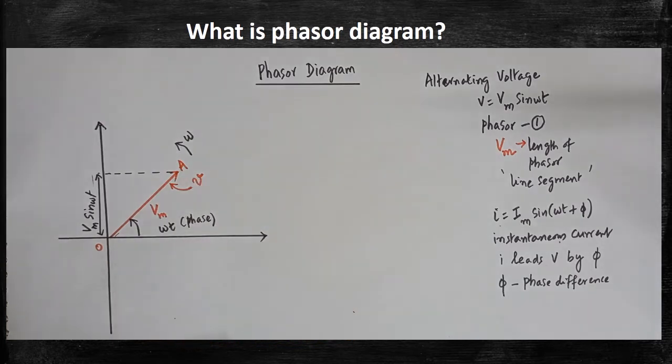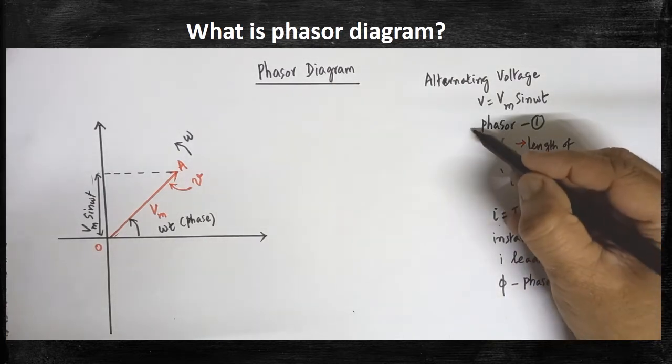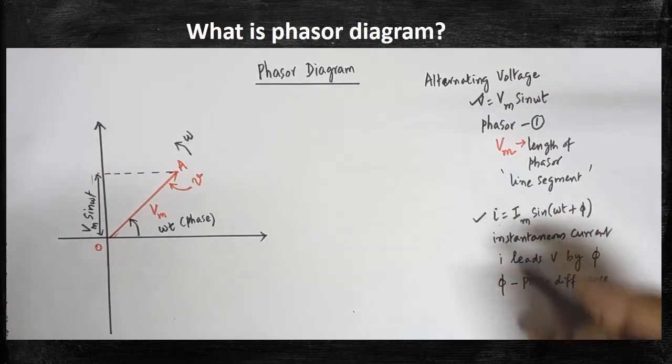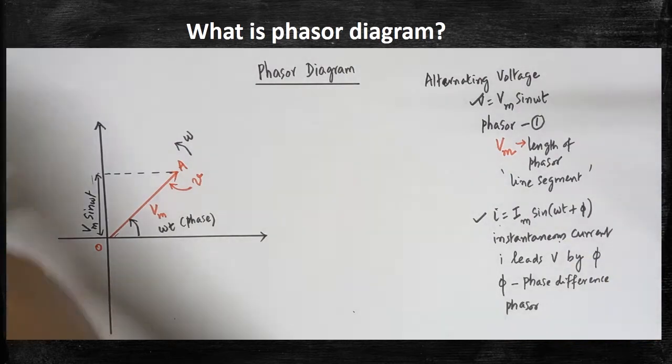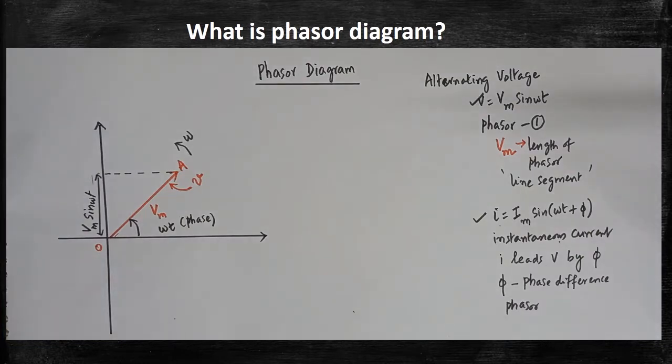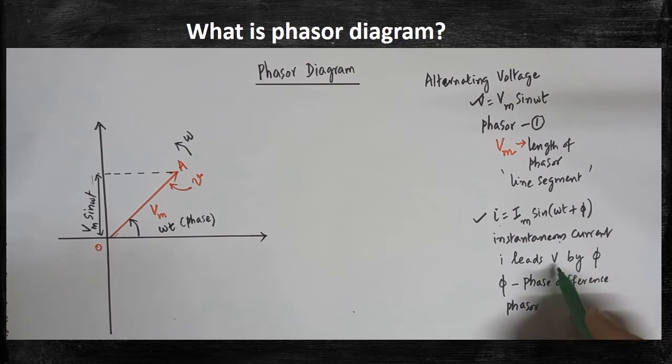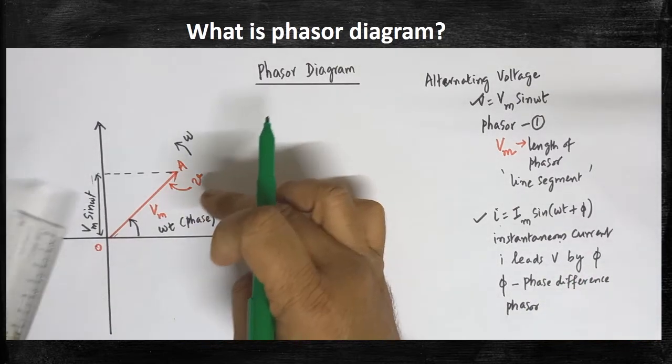Are you clear? Now I am going to draw the phasor for which one? The other one, current. One phasor is drawn for V. Now I am going to draw another phasor for current. Are you clear? To draw the phasor for current, I am going to use the green color sketch pen, because the same color is shown in the picture in the textbook, so the same color can be used. Why green? The same color is used.